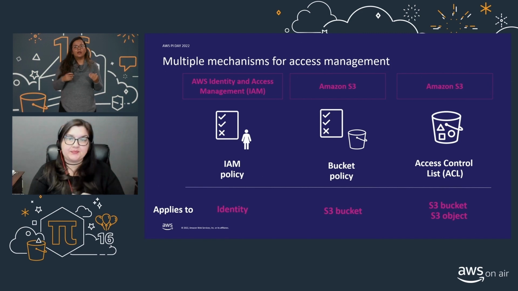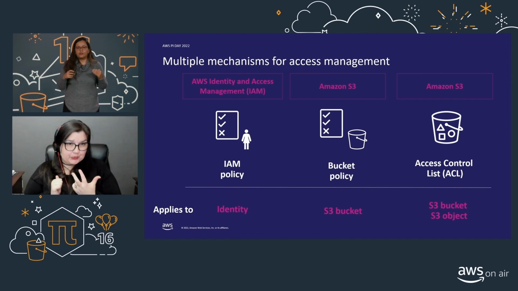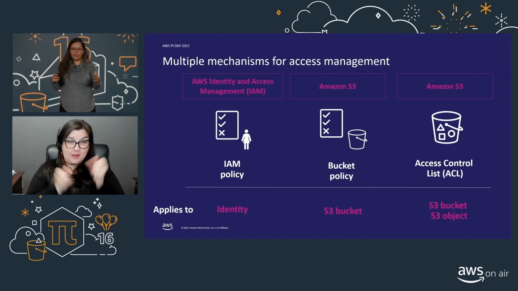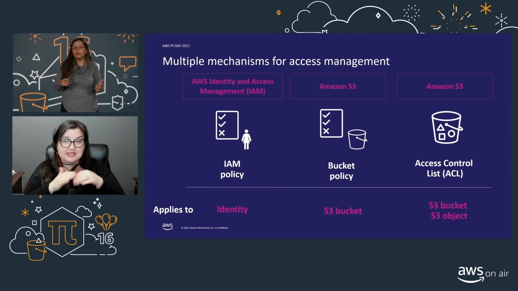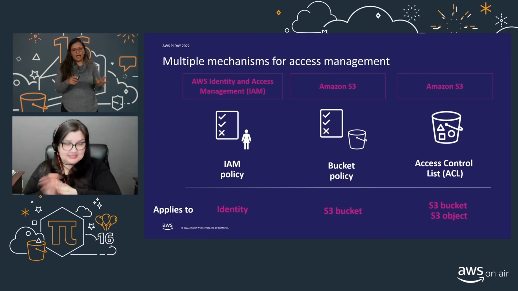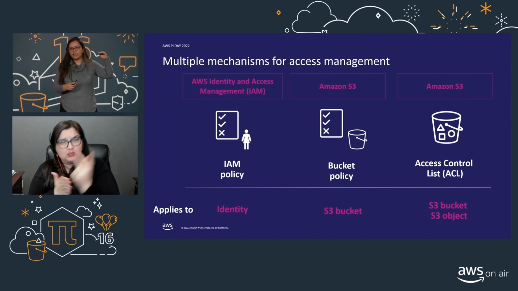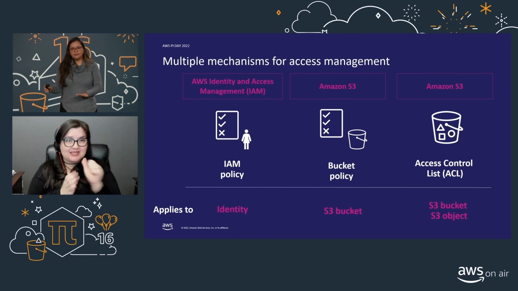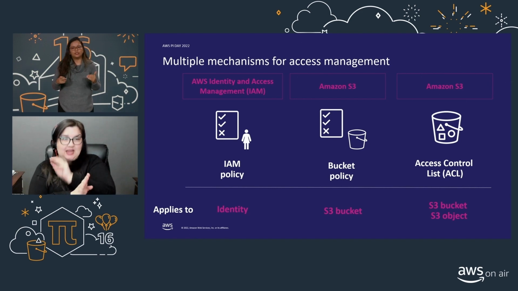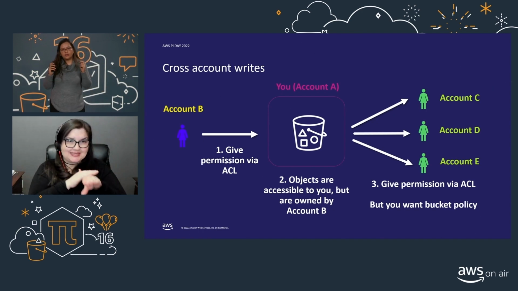So that was about the mechanisms for accessing data in S3. To recap, there are multiple ways to grant access to your data. You can use IAM policies, which define what resources the IAM roles in your account can access. Then there is bucket policy, where you can grant or deny permission to different users. And this is usually how you grant an external AWS account access. And lastly, there is the access control list, which predates IAM and is an atomic attribute for each bucket and object to grant access.